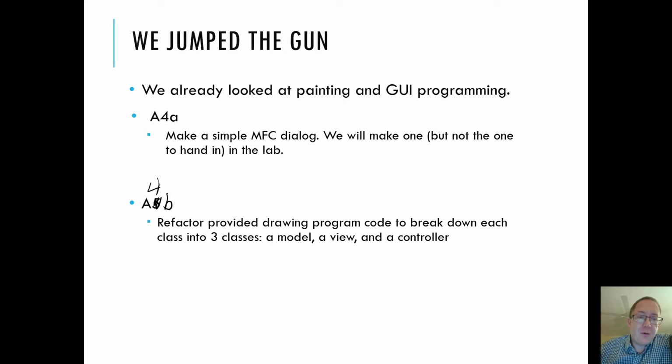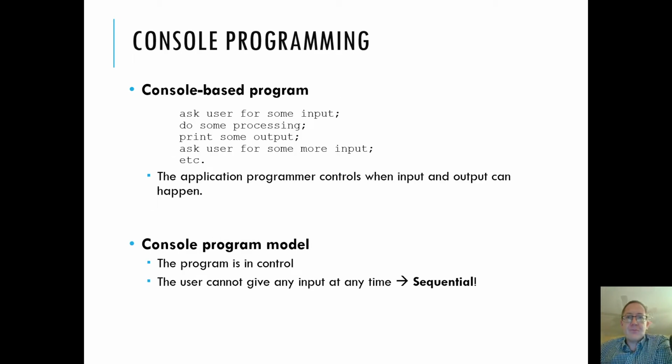When we do A4B, however, you're doing a shape drawing application, but you're going to refactor, as in move code around, but you don't have to actually write new functions, or you do not have to change the functionality. You just have to move code around to make it work using a model view controller approach. Okay, so